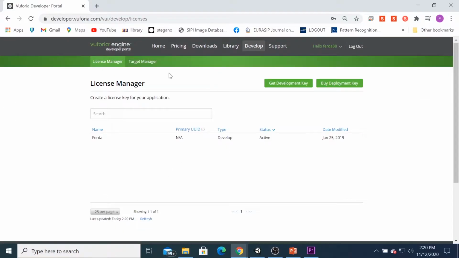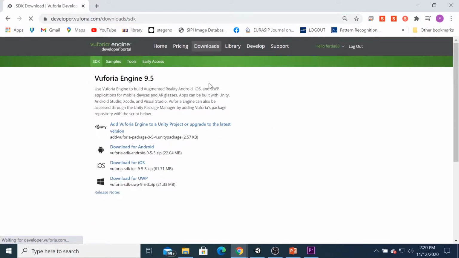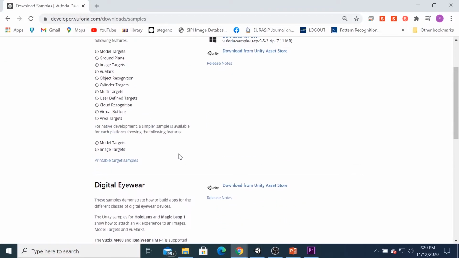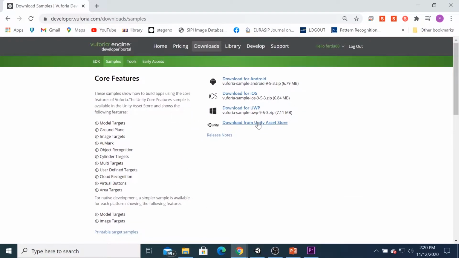Then you can select download here. Then you can choose the sample. And then you can select download from a Unity Asset Store.